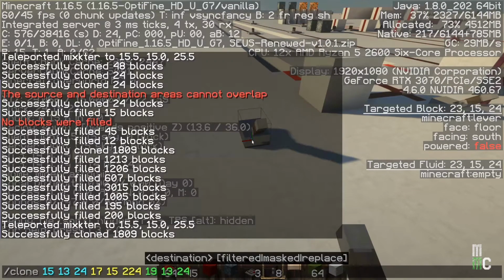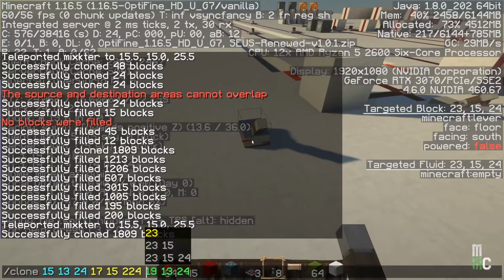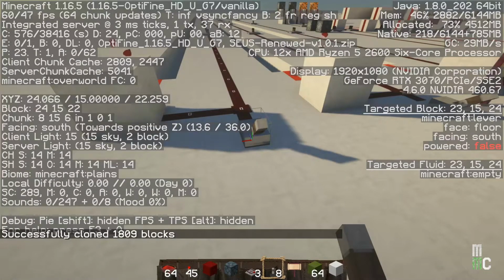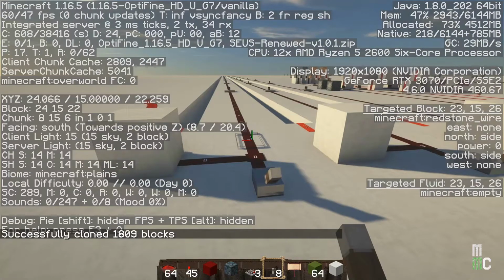Bring up that same clone command. I don't need to change where I'm starting. I can copy either one. I'm going to copy that first one. But in this case, I need to change this to 23. And that's the only change I need to make, because we want to start down below. And I want to put it at the same. I hit enter here, and we've got another one,